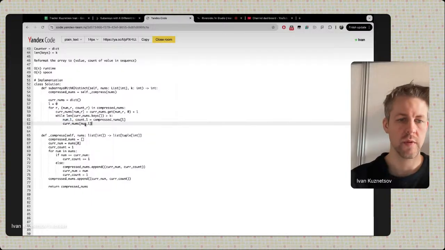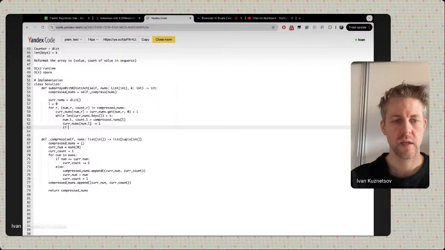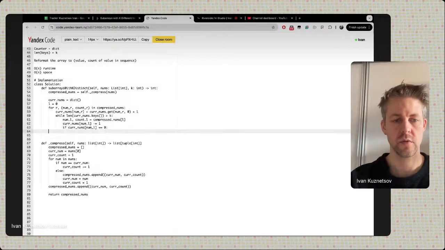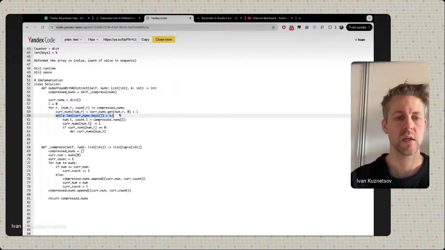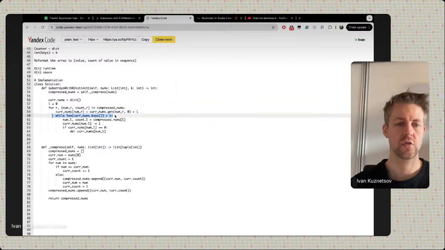So this will be minus or equal 1, and if current nums of this equals 0, so we have removed all such elements, we delete this element in the array, and that's how we make the amount of keys